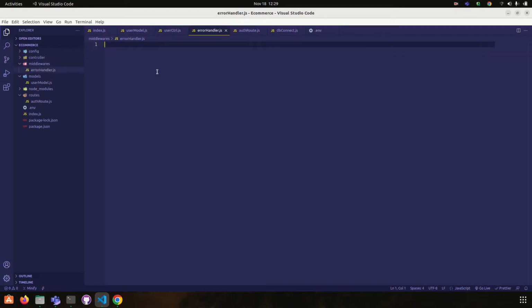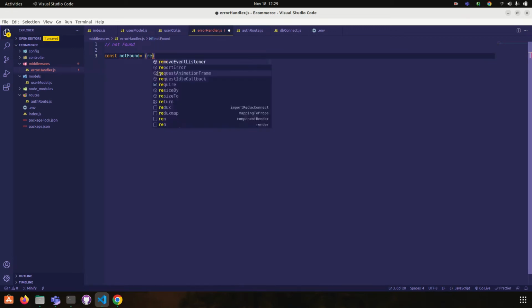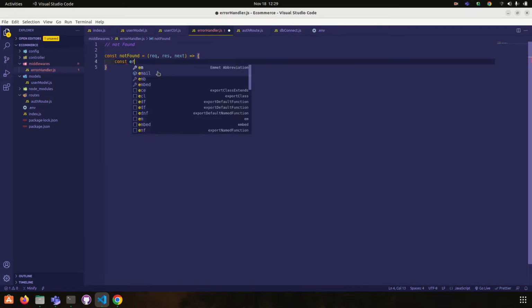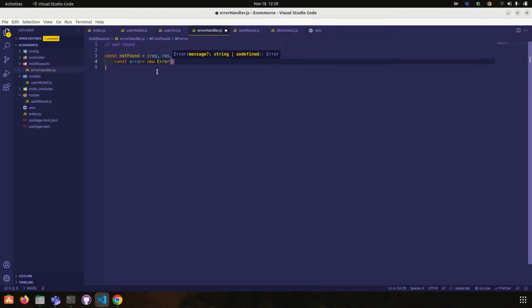handler.js, and here what we have to do is create one for if something is not found. Okay, so not found. const notFound, request, response and next. So const error is equal to new Error, not found,